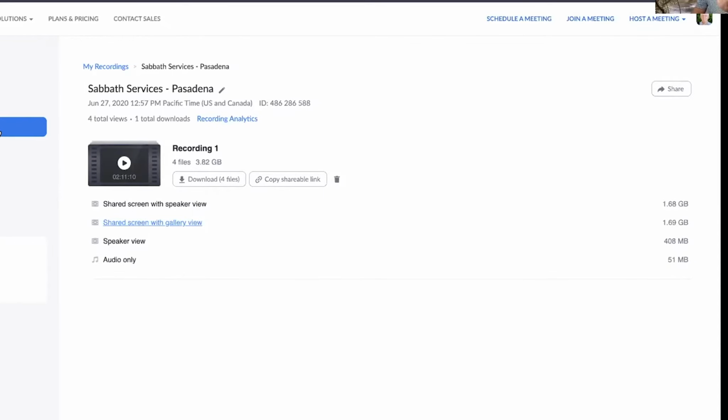So I wanted to bring that to your attention because if you do record in the cloud, no problem with that. But I wanted you to be aware of the fact that in our corporate account, we have 1 gigabyte allowed per pastor, per user, to actually leave it up on the file. What does that mean? It means once we have 18 accounts, once we have exceeded 18 gigabytes of storage in the cloud,